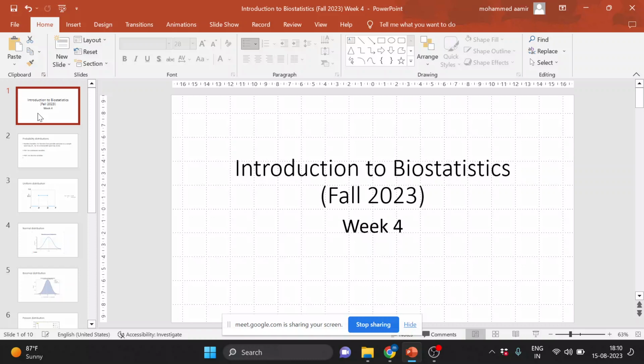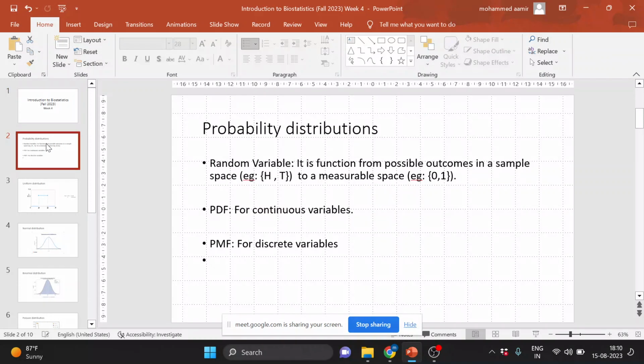Okay, let me guide you through it. When we tossed a coin, there were two possible outcomes, right? Head and tail. Now, when we do mathematics and probability, we can't write these things as head or tail, but we need to formalize this and make these things measurable, that is, quantify this. What I mean by this is you need to represent your head and tail on a number line. When you map your events in a sample space to a number line, they become a random variable. So a random variable is nothing but a function